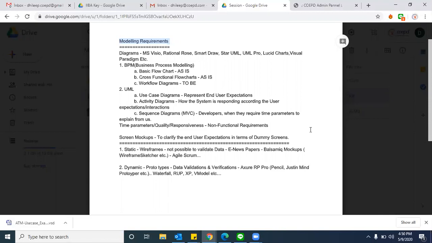When you are understanding the business process modeling, when you are defining the business process model using either basic flows or cross-functional flows, and identifying the gaps, and finding a solution to fit into this gap, and gaps is nothing but as is to be analysis. That is what gap analysis is, right or wrong?